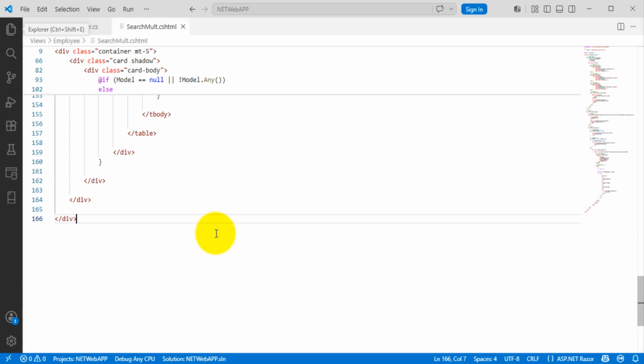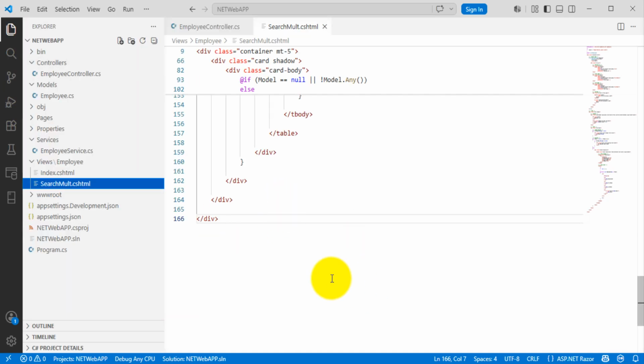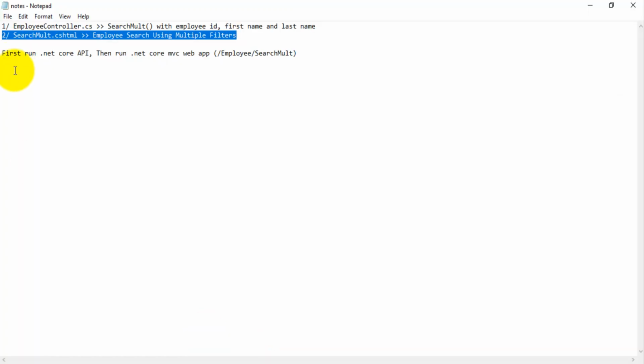Okay, that's all the code for SearchMult.cshtml. Okay, so these are the two important files. We need to make some changes to perform the multiple search filter in ASP.NET Core MVC using Web API and SQL Server. So guys, in my notes, after doing some changes,